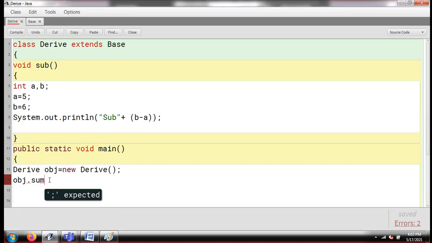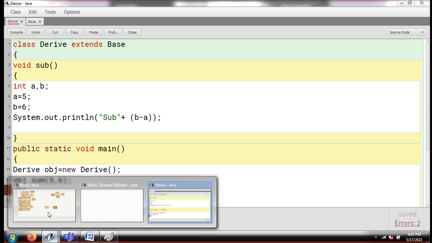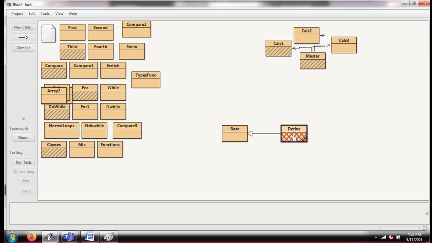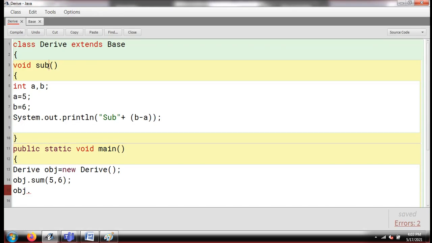I could not call it like this, so I simply need to pass two values here. Coming back to sum, I'm writing 5 comma 6. Simple. Now this function I have called, guys. Next is the function obj dot. What is the name of my next function? I'm again coming back and I need to check in my drive only, that is sub. I don't need to do anything. I just need to write sub here, and this function is called.